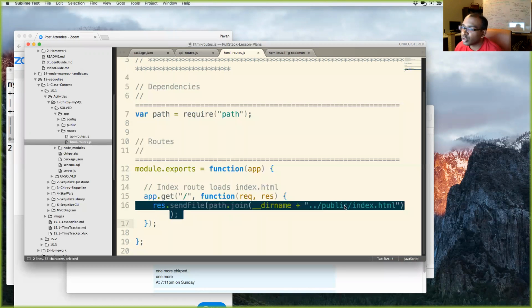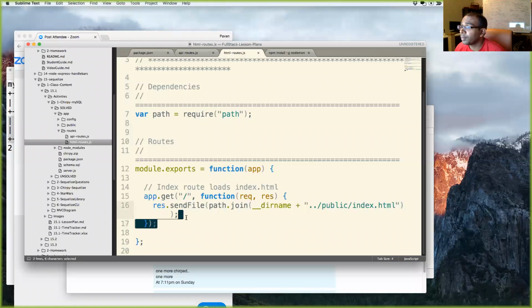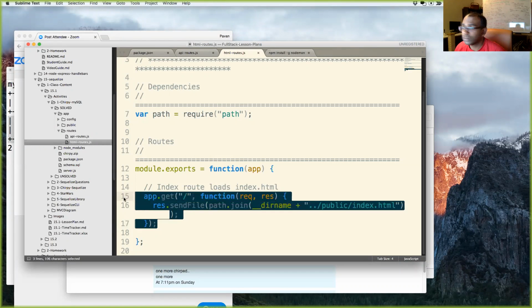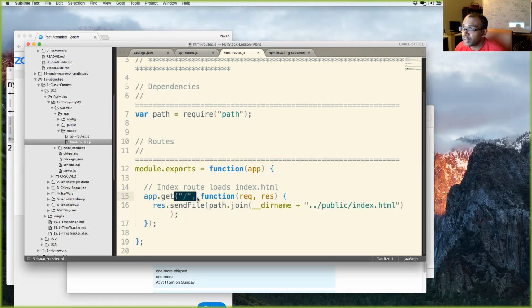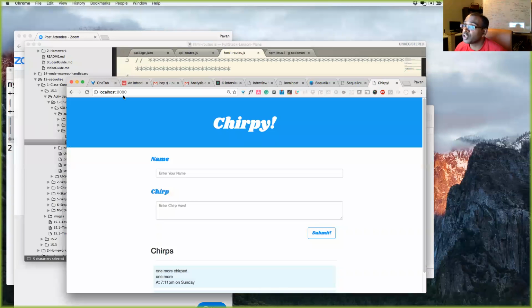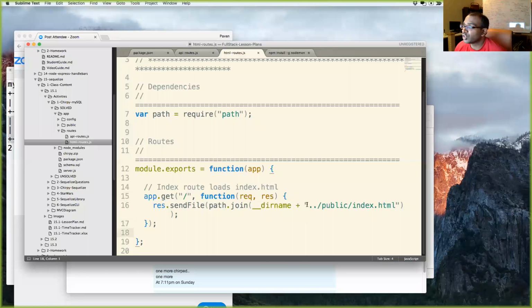Now, are we using handlebars here? No, not yet. We are not using handlebars. We're just sending an HTML file right here. I want to make sure everyone's clear on this before we dive into Sequelize and then into handlebars. Any questions on this? What's happening here at all? Nope. Okay, so this is the base of our application, when we just go to localhost 8080, and it's just serving the index.html file from my public folder.